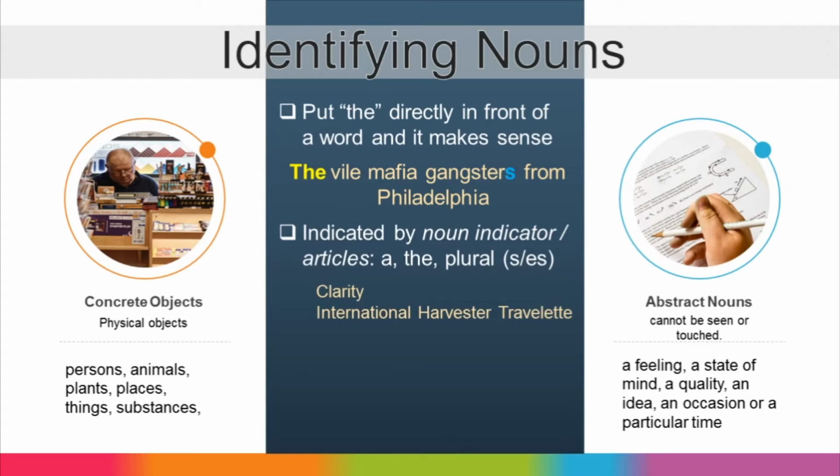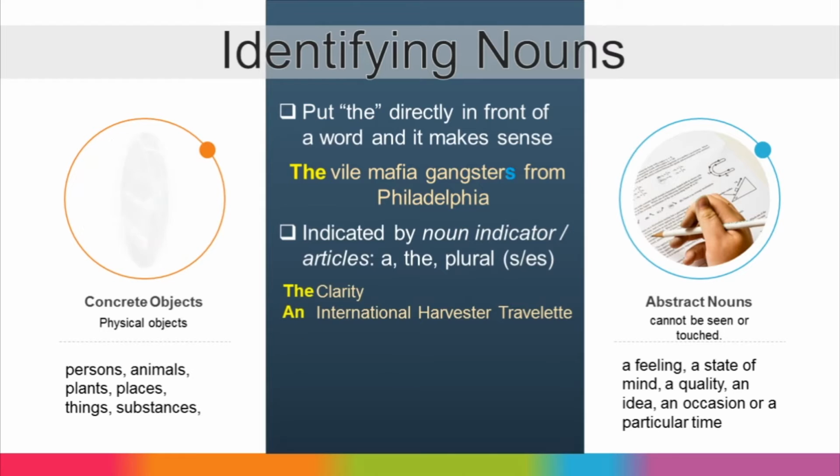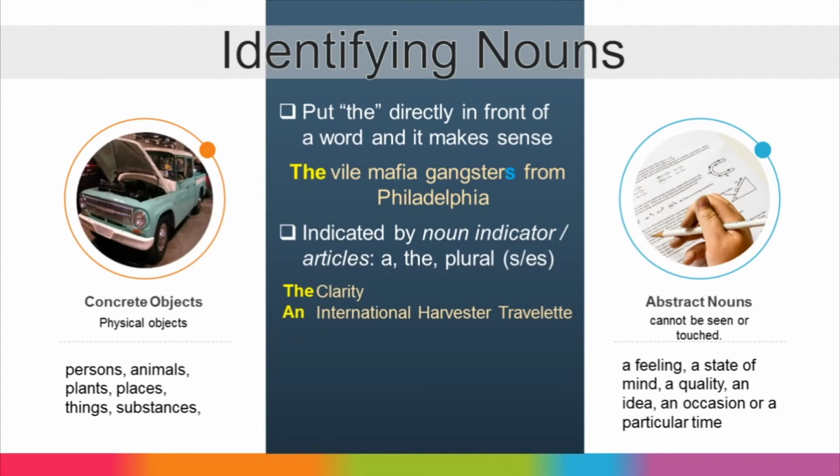For example here, the word clarity, an International Harvester Traveler. Now, clarity is something that you cannot really touch, and you would know from the meaning that it is a noun. And about International Harvester Traveler, you might not know what that is. Usually when you guess things that you don't really know, you could put just an article in front of it and it will be a noun. You would be correct because International Harvester Traveler is a brand of a car that you see over here,